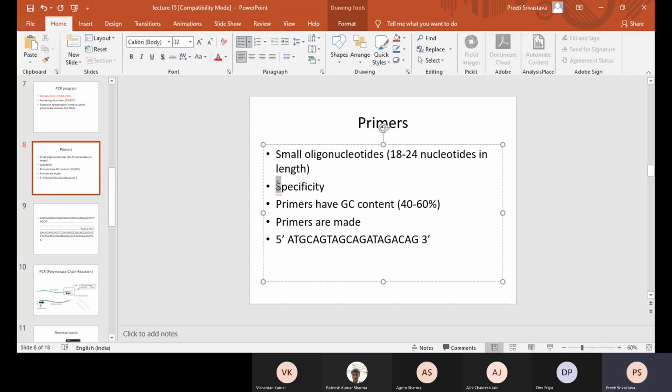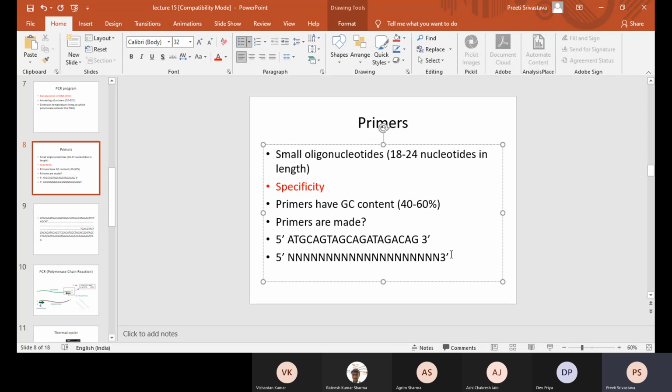No, absolutely not, these are not random. What is written here? I have written specificity, right? Whenever you use the word random, it means the primer is N, N is any, G, A, T, C, anything. So if it is a random primer, it can bind anywhere in the chromosome. Therefore primers have to be specific. But then the question is, how are primers made?